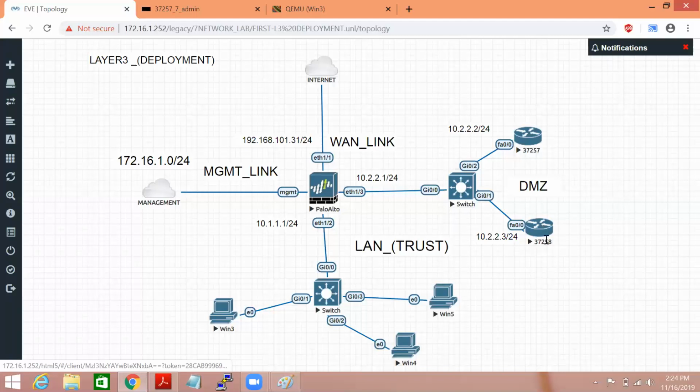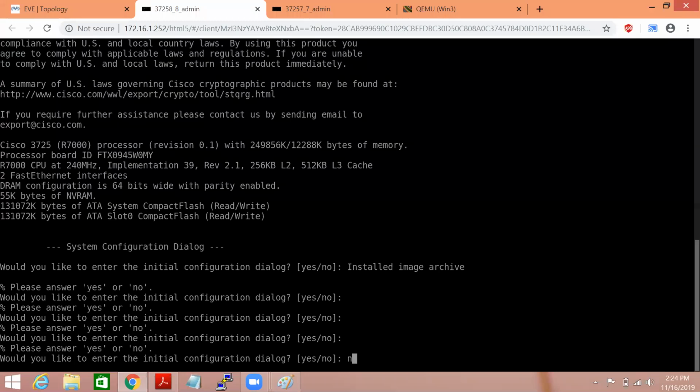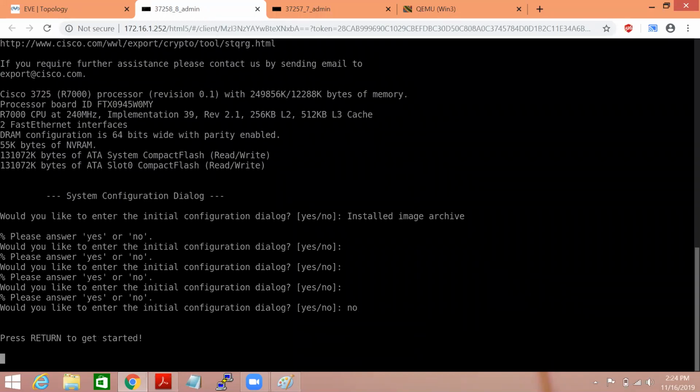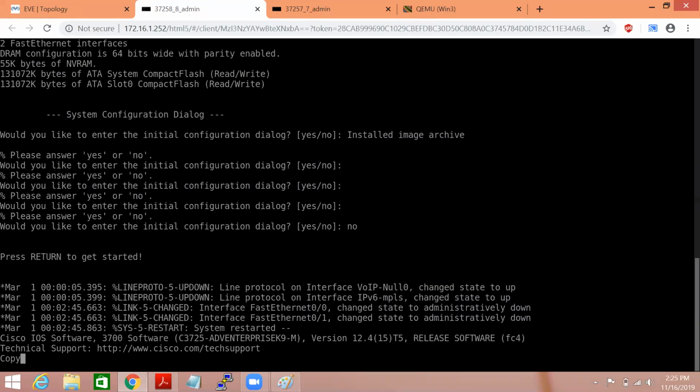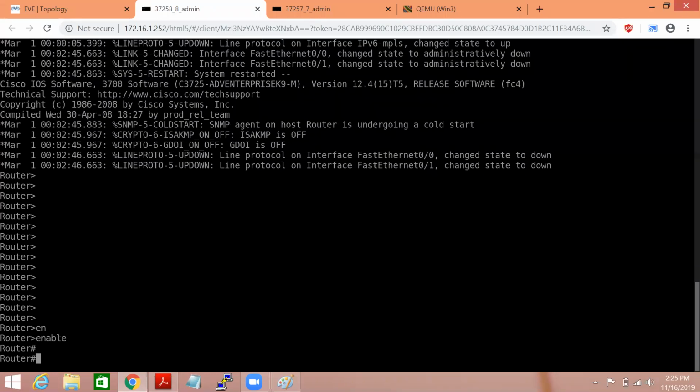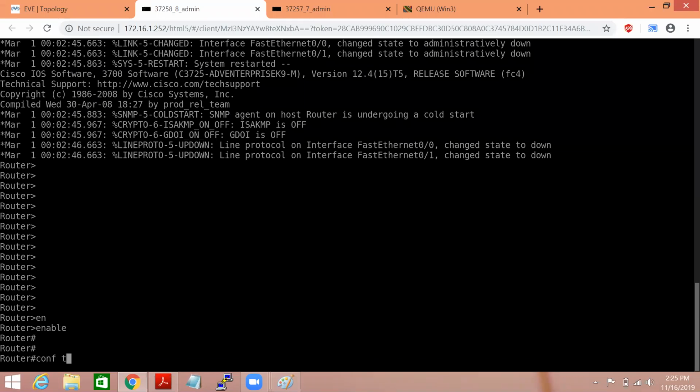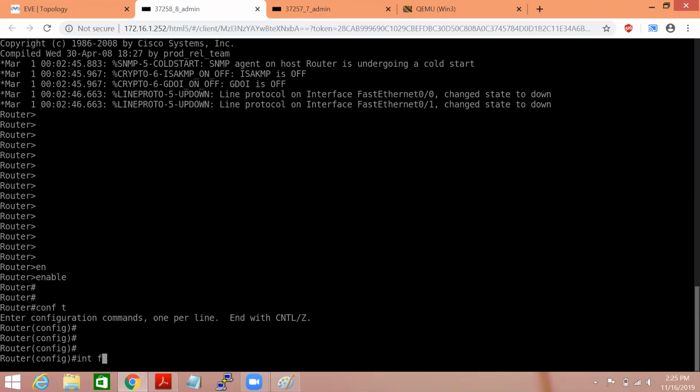Server 2 is basically a 3725 router and its device ID number is 8. So just click here, and you get access to this device also. These routers are going to work as servers, let's say, simply because I'm going to configure only a few services in order to understand.